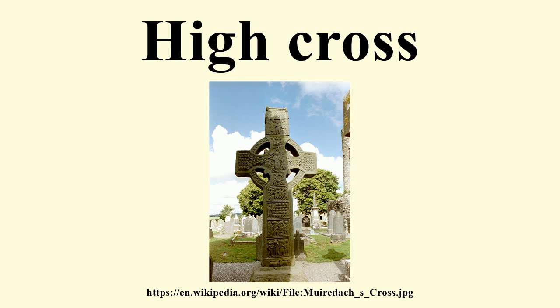Many of the crosses have probably been raised on pagan grave fields when the family was baptized. Later, they were moved to cemeteries. The high cross tradition also probably helped increase the popularity of raising rune stones in Sweden. Notable crosses. Amongst the most famous are Muiredach's Cross and West Cross at Monasterboice, County Louth, the Clonmacnoise crosses, Cross